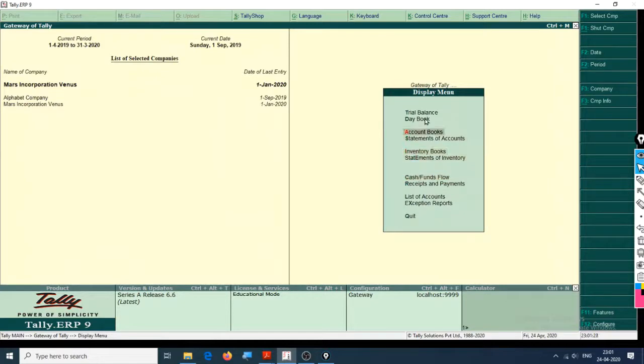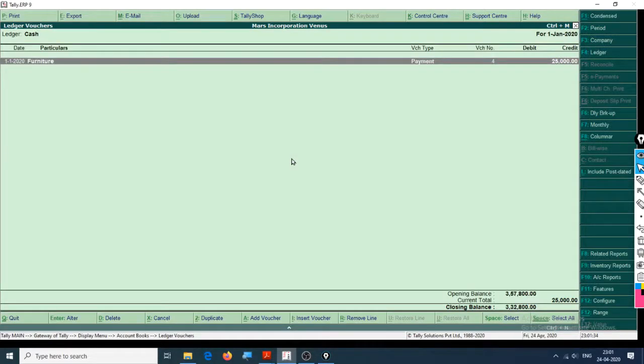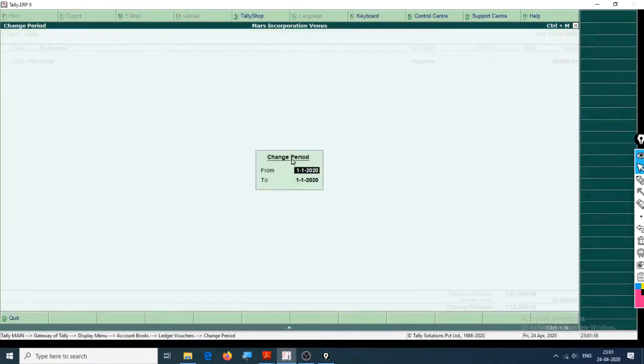Let's also check out the ledger of cash. Change the period, that is 1st April. If you don't want to change the period individually in every account, just go to the Gateway of Tally and choose the period so that it will default into every account.